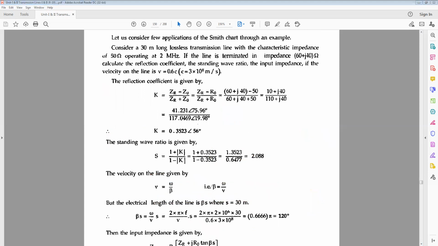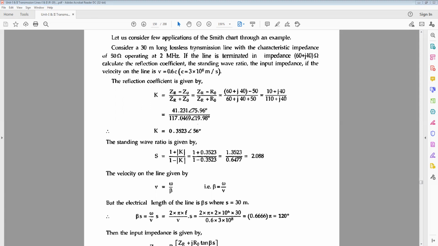Okay, V is equal to omega by beta, that is, beta is equal to omega by V. But the electrical length of the line is beta S, where S is 30 meters. 30 meters is given. So beta S is equal to omega by V into S. Omega is 2 pi into F, and V into S. To find the length,